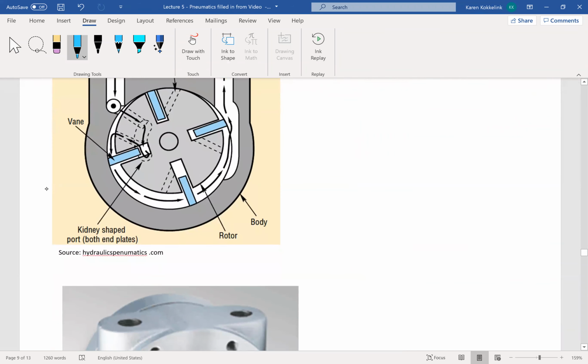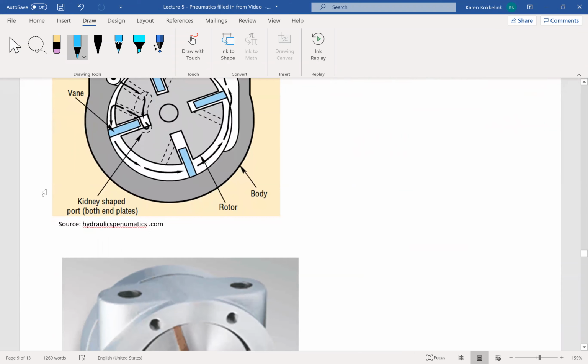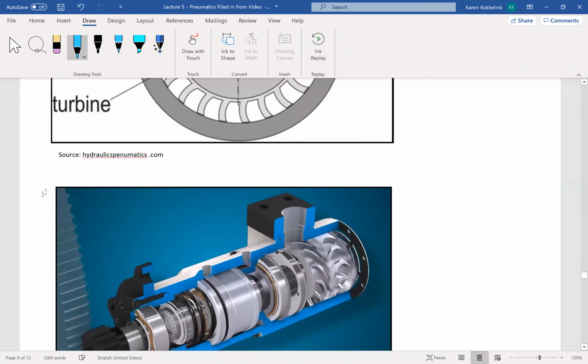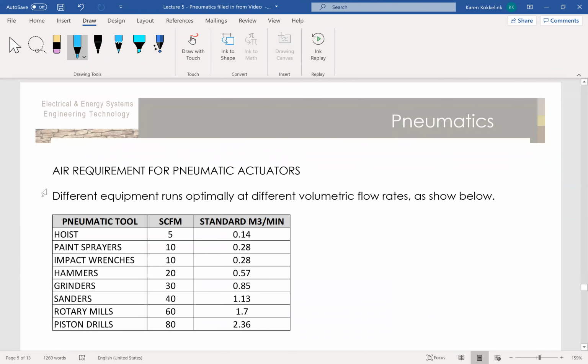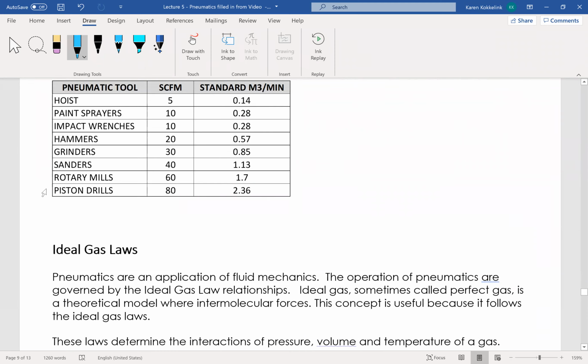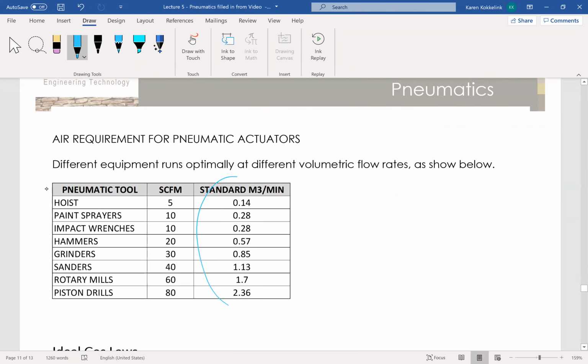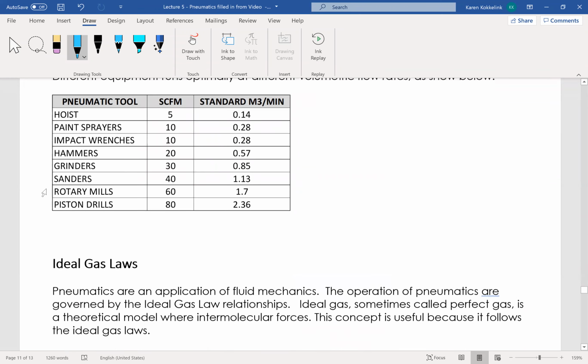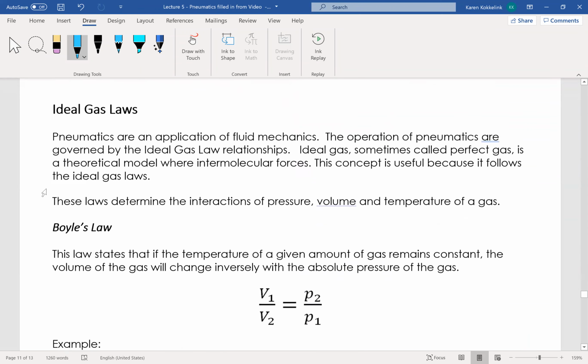This is a cross section that shows how this type of rotary vane motor works. So it's constantly bringing in air, compressing it and bringing it out again. More rotary actuators. Actuators require a slightly different type of air volumetric flow rate per application. So there's just an example of volumetric flow rates that work with different types of pneumatic tools. And